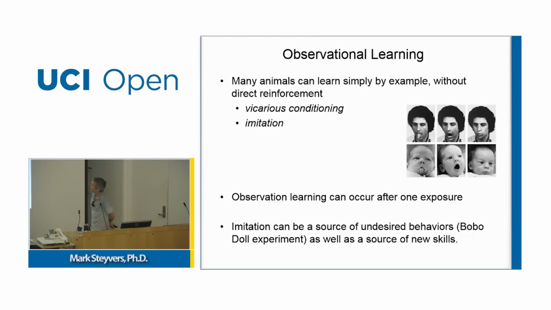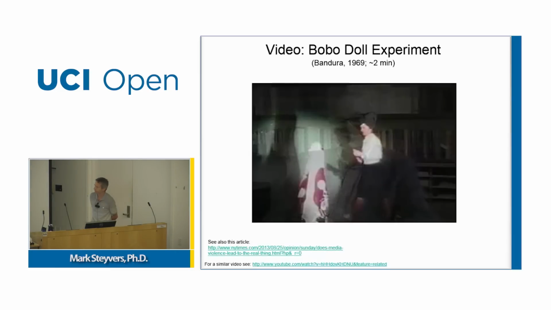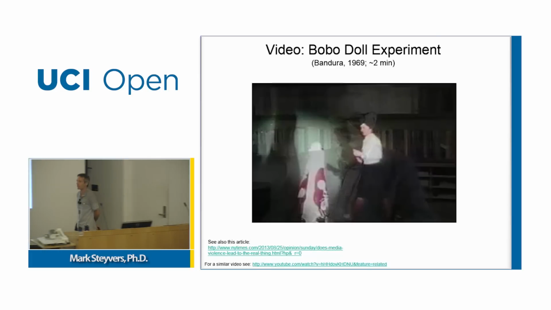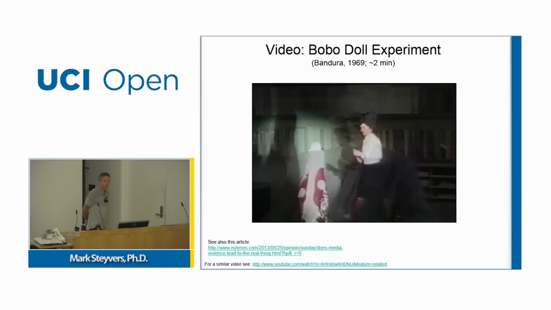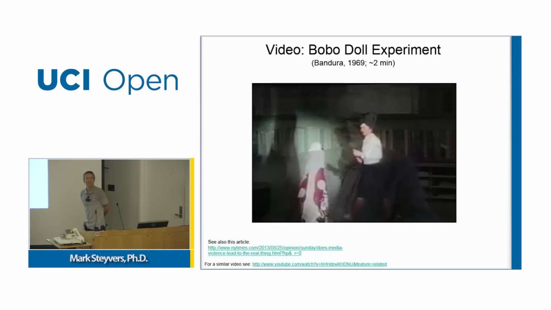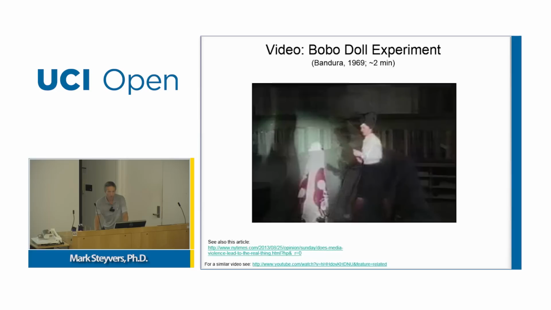So clearly we learn by imitation, and this can be good when we are copying desirable behaviors, but it can also be very bad if we are copying undesirable behaviors. So Bandura studied how kids learn to imitate adults. His experiments have far-reaching consequences for how we think about the influence of media and the influence of adults on children. He did these experiments called the Bobo doll experiments, where an adult is in a room